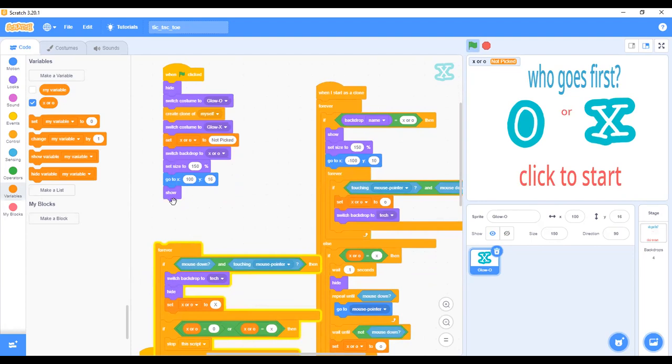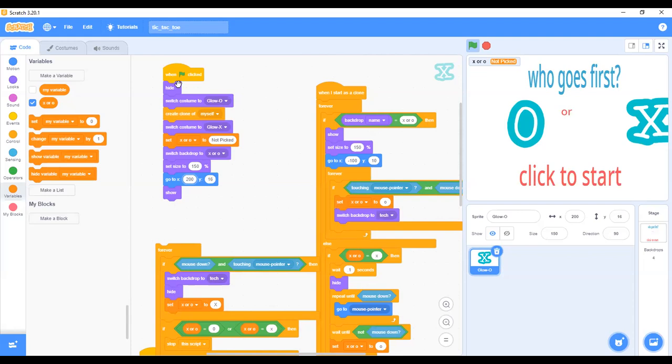Up to this point, I hope we understand what is here. If I do this and click, I want to change this to 200. Can you see now? This go to X and Y is telling the screen where it should position itself whenever we click the green flag.